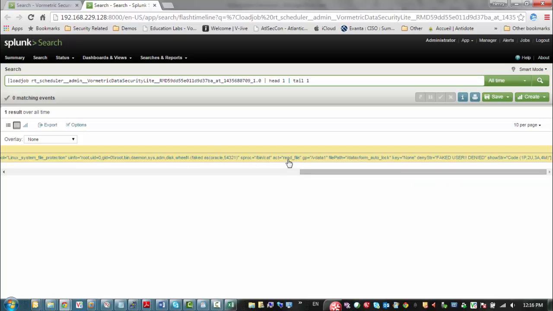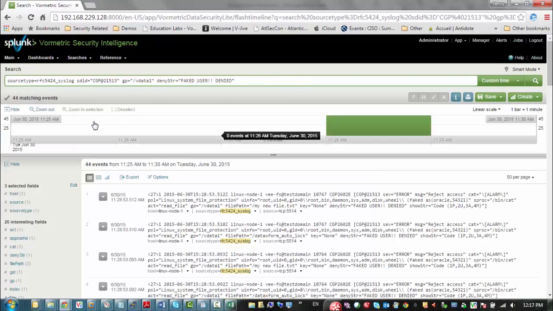Again, it shows I was root, faked as Oracle. And the activity I tried to do was read file, or the action. And I read a file within this guard point, or the subdirectory vdata1. I noticed data transform auto lock. Well, I ran a cat against multiple files within that directory, including this one. So that was one of the errors that showed up. And that's how you integrate